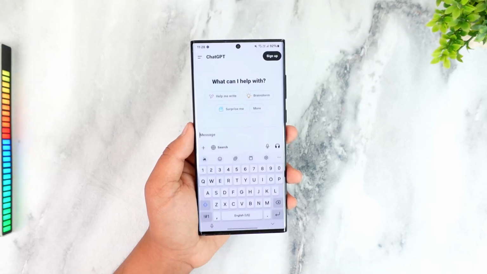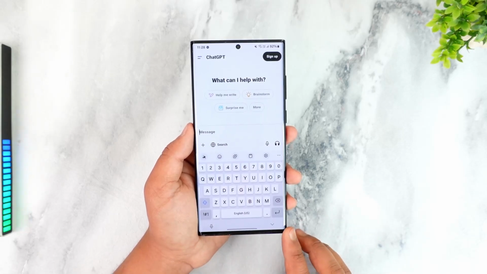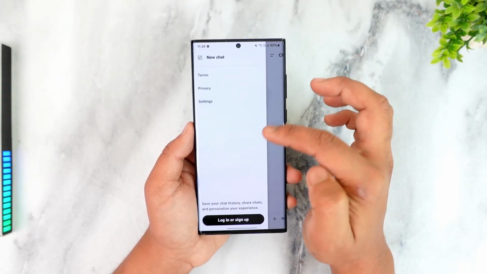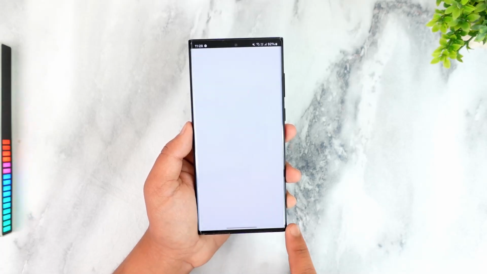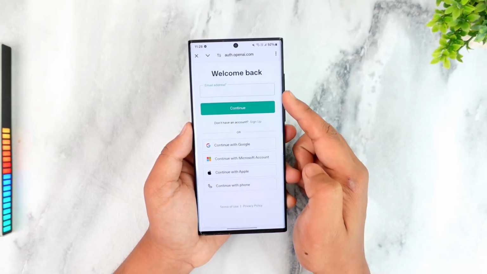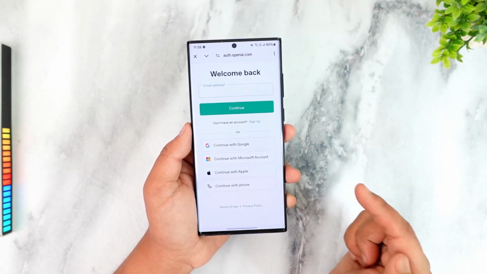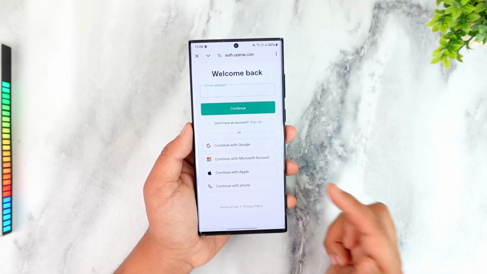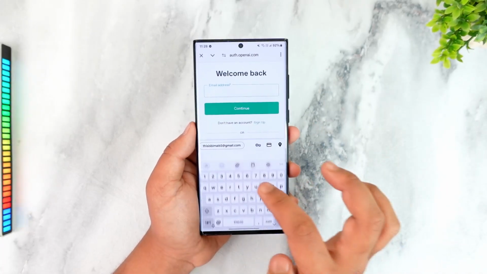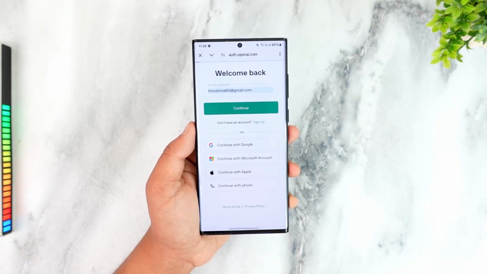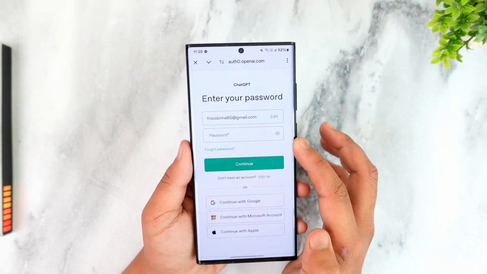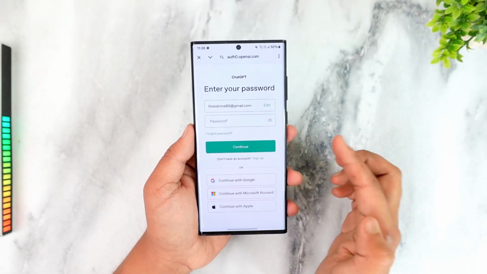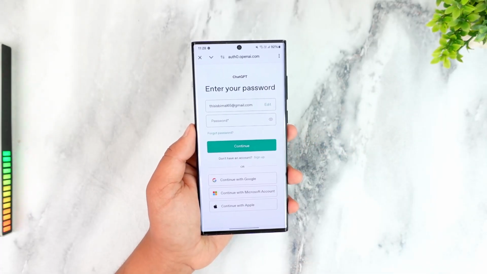Some of the reasons why you're still not being able to log in could be due to incorrect details. So you can simply go to this login or sign up button right here, go to the login option, and here you can choose to log in using an email address, Google account, Microsoft account, Apple ID, or your phone number. So you just have to make sure that your credentials are actually correct, because if not, maybe you've forgotten your password, then you can tap on forgot password button to reset it,